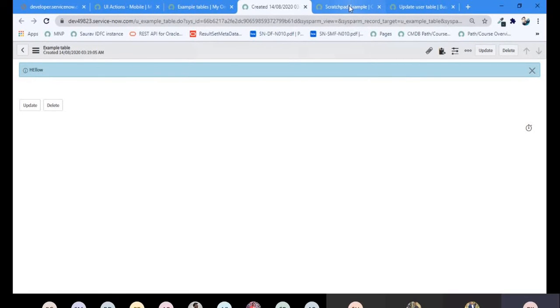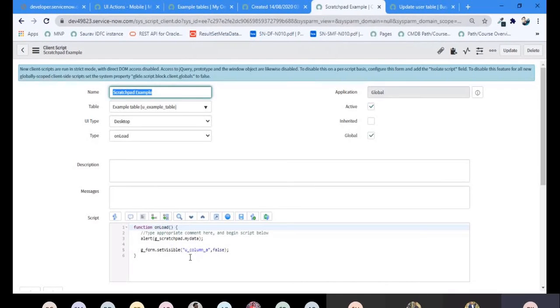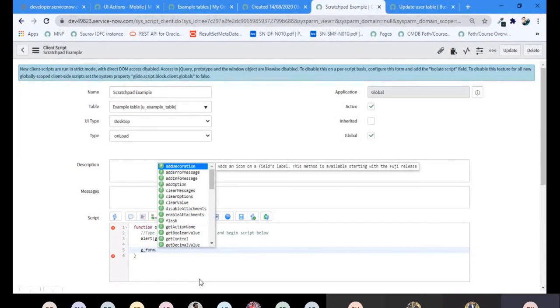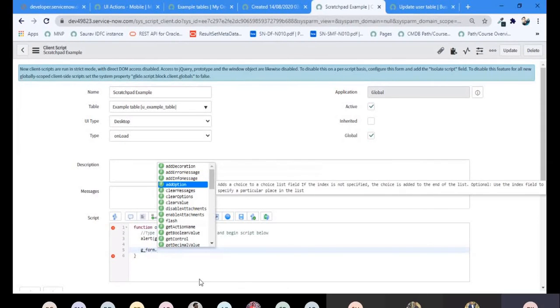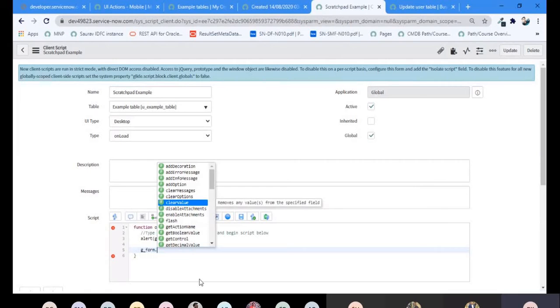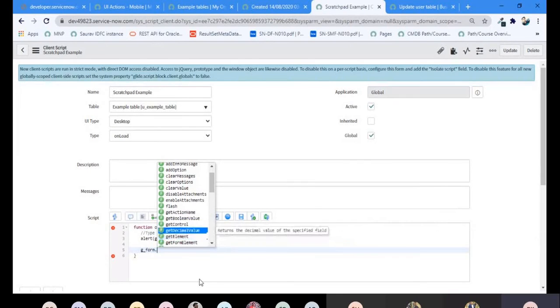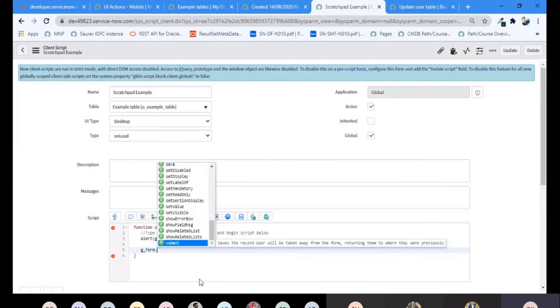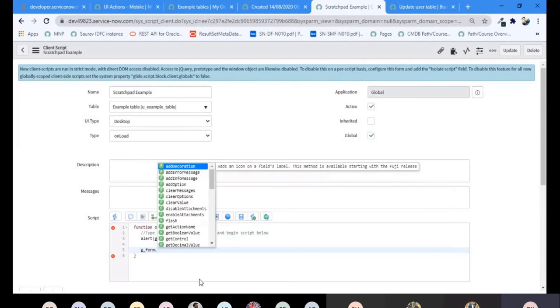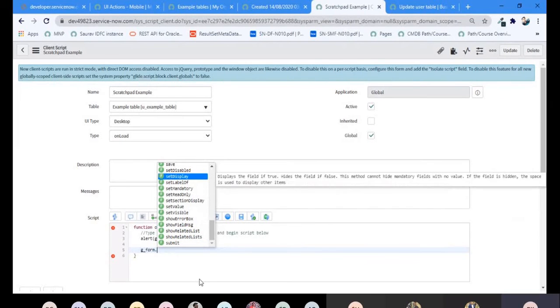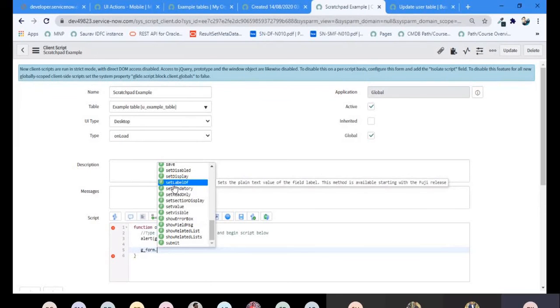Right. So this means that column is not here now because we have made it set visible false. Correct. So these are various methods in GlideForm. Let's see them. Add decoration, add error message, add info message, add option, clear message, clear option, clear value, disable attachment, enable attachment, get action name, get control. So I am saying that every method will not be understood by you, but yes, the methods on which you can work are, for example, using the set label, you can change the label.